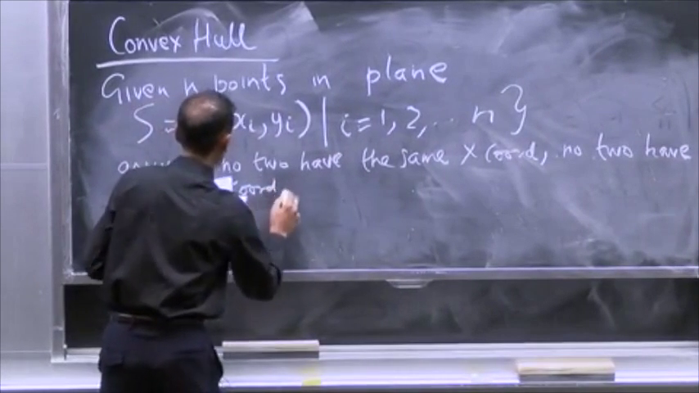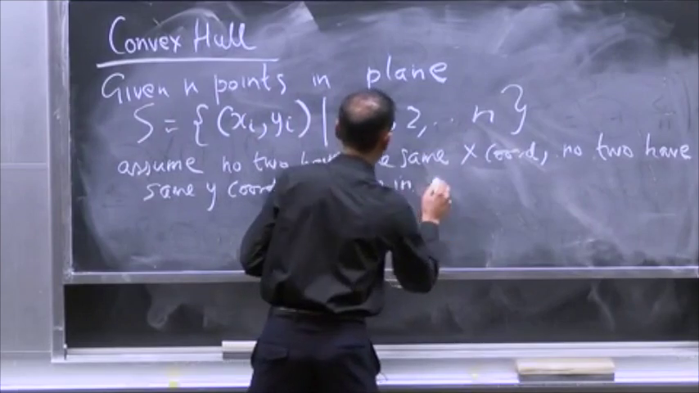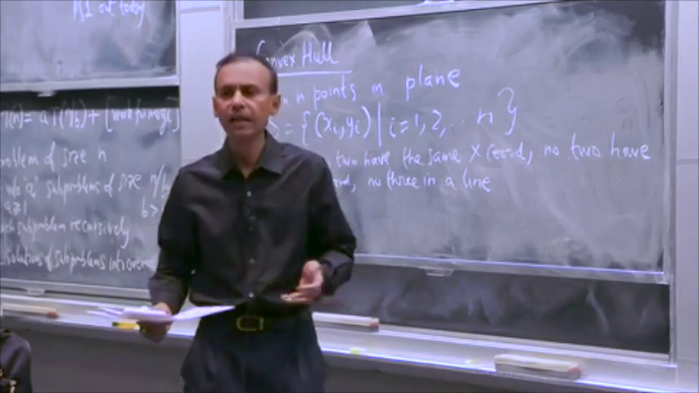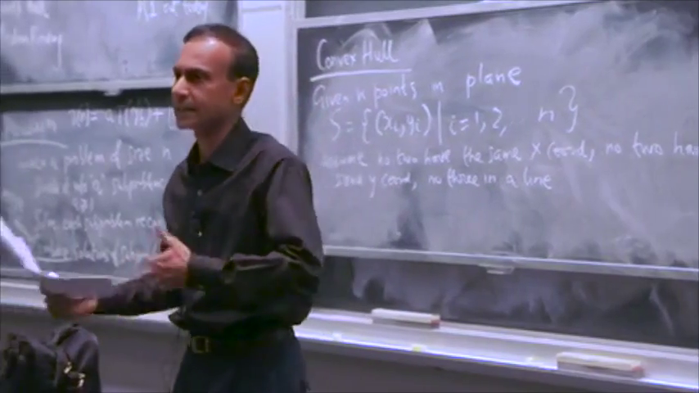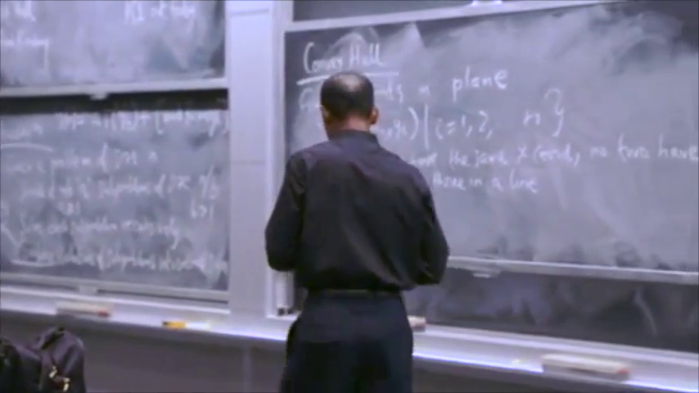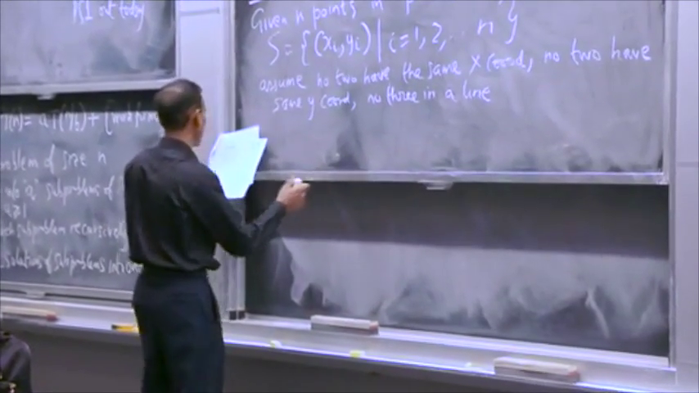And then finally, no 3 in a line. Because we want to be able to look at pairs of points and find these segments. And it just gets kind of inconvenient. You have to deal with special cases if 3 of them are on a line. And so the convex hull itself